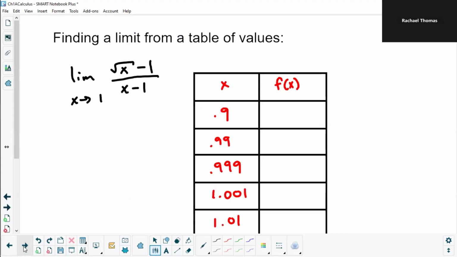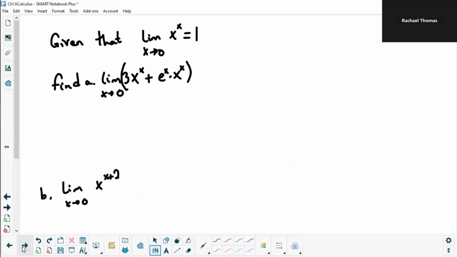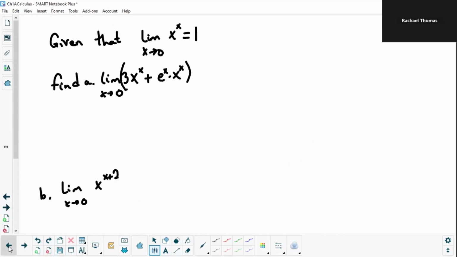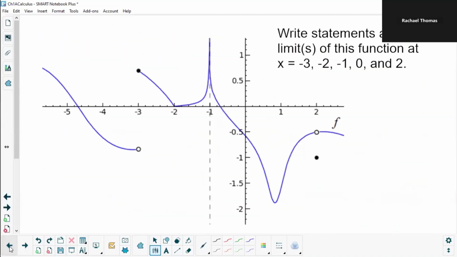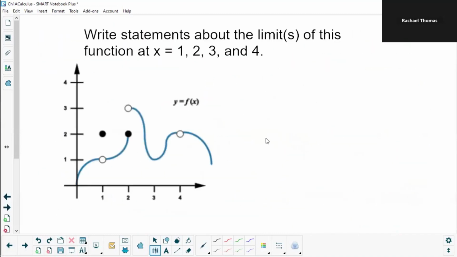Let's do one more. Find a good one here. Here we go. Let's do this guy. Because there's one very last thing here I want to see. If I asked you the limit as x goes to 3 of f of x, that should be a very easy problem. As x gets close to 3, the y values get close to 1. No issue. Even if I ask you the limit as x goes to 4,